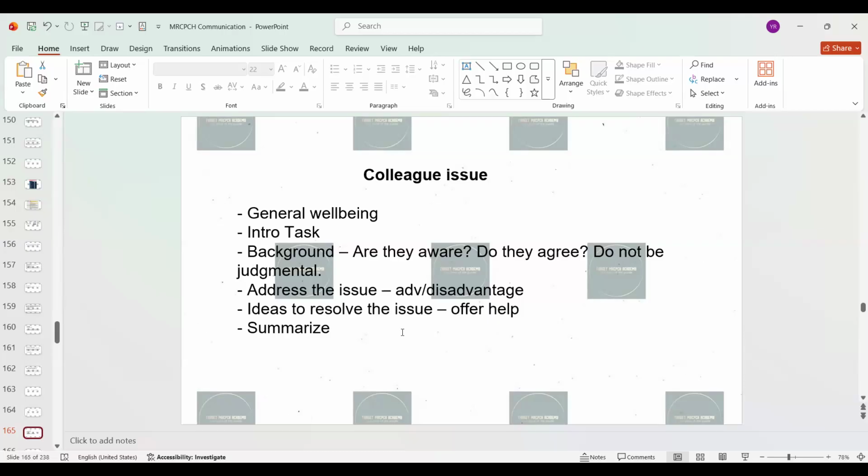For example, they will be able to assess if he is fit to work in this place. How can they provide him further help if he's in a depression, if he has some problems? How can that be tackled? So always direct them to a place where they can get help. That will complete the scenario. And finally, you summarize, make sure that the colleague is also safe, and then you finish off the station.